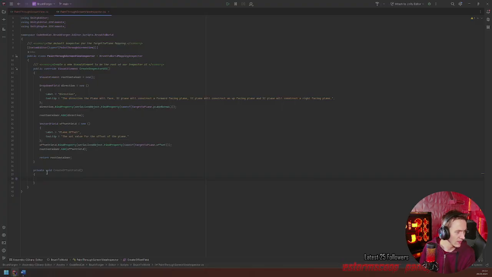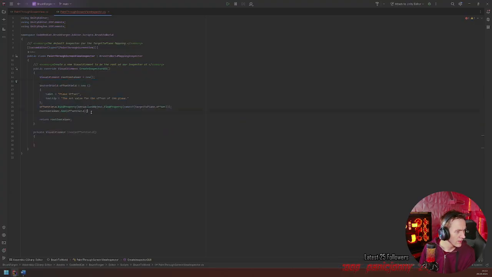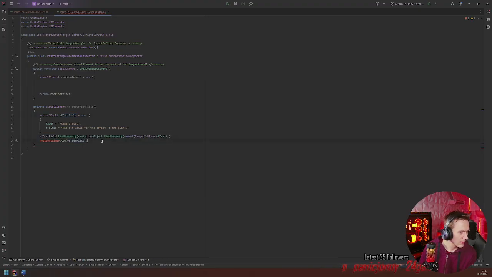They're actually giving back a visual element, and this is where we will create the offset field and give it